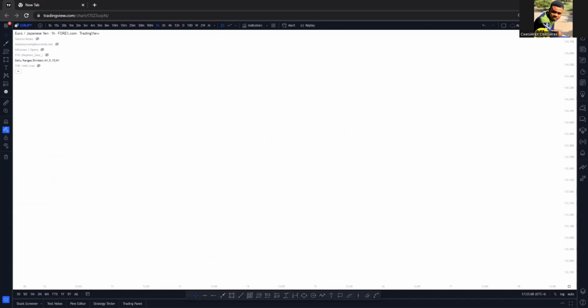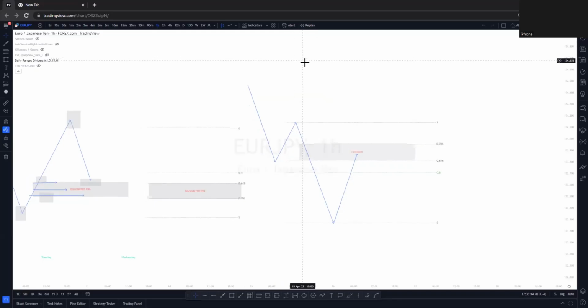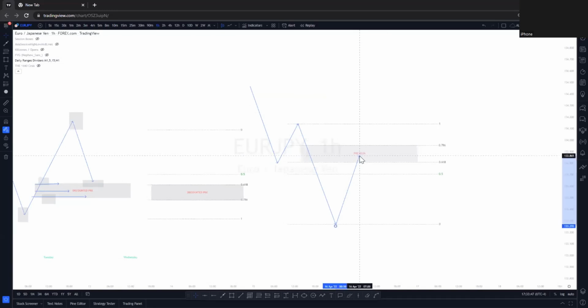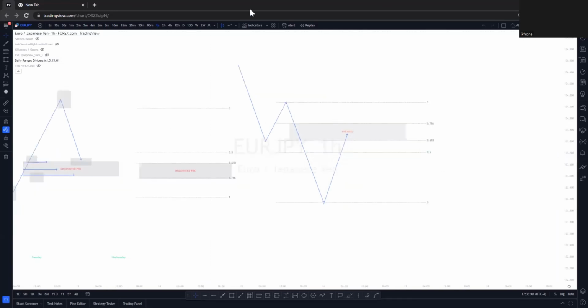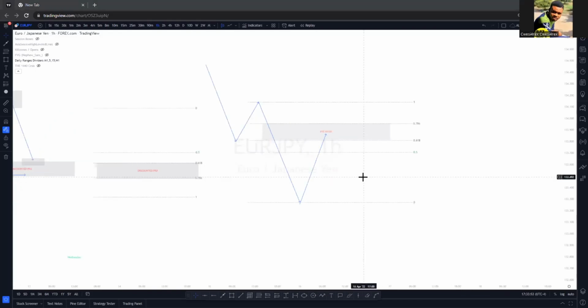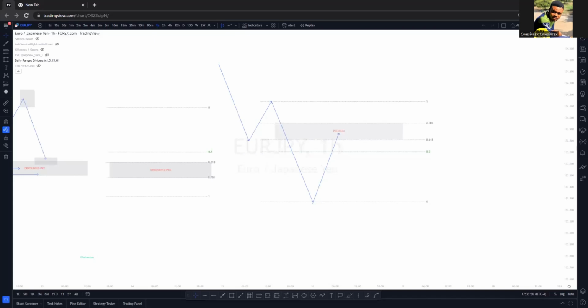So I've explained within the H4, within your premium price is where you are always going to look forward to your continuation or your point of interest, right? So let's say this is your H4 structure, which